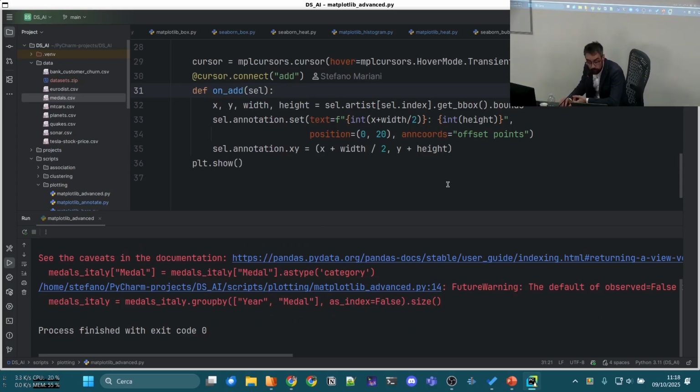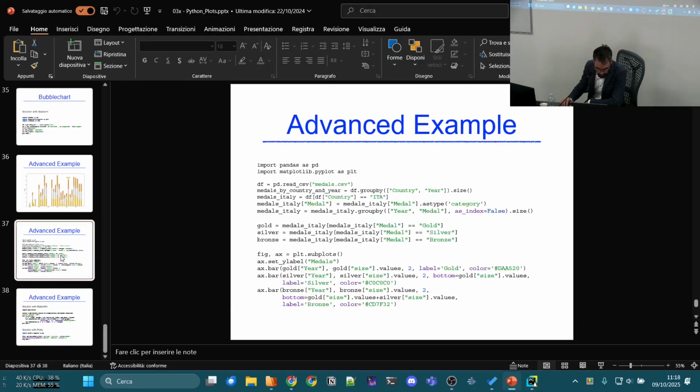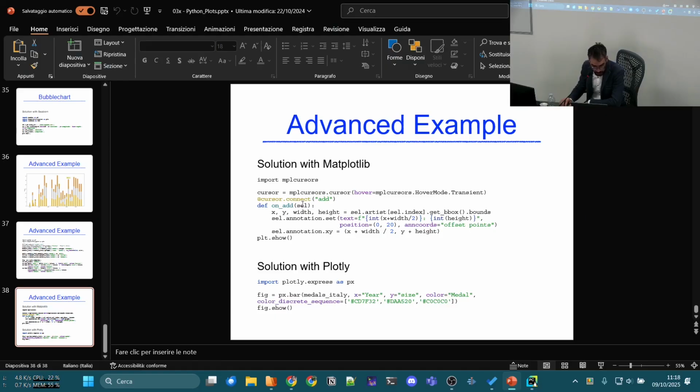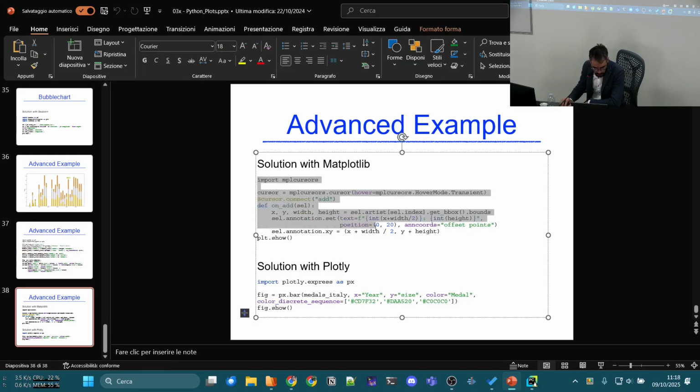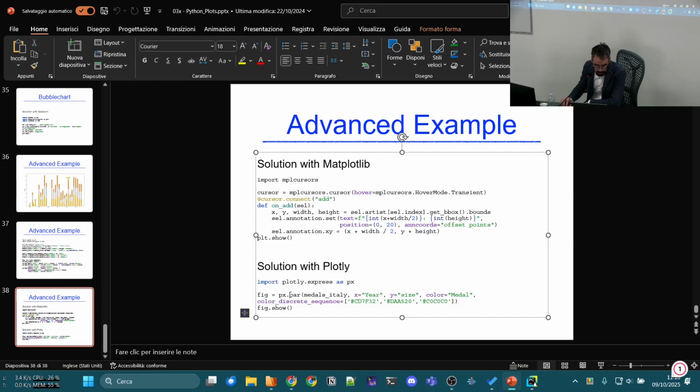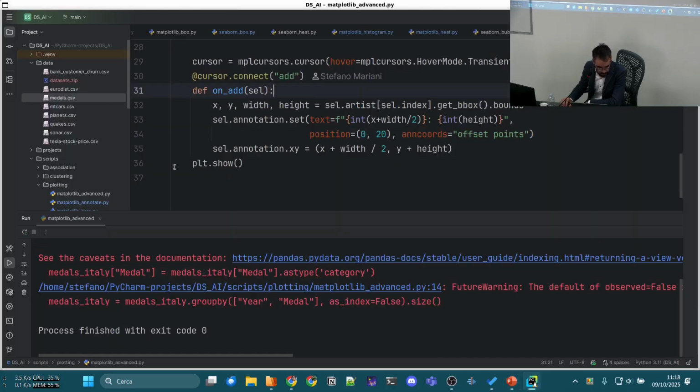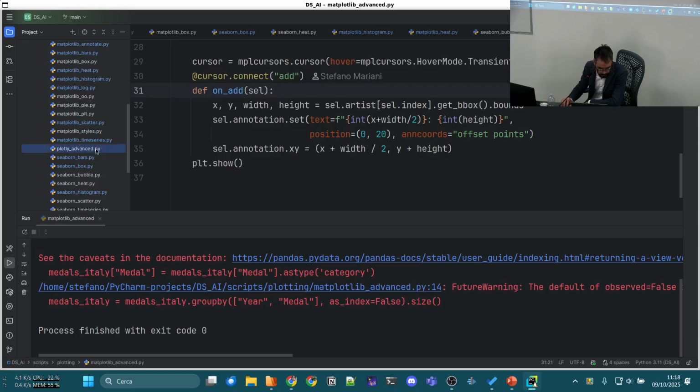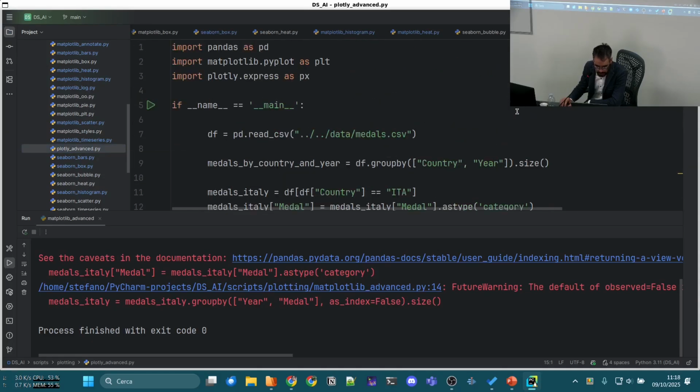You need to do a bit of work in matplotlib, and you have two choices. With the matplotlib library, you need to do all of this work. With plotly, you need to do less work. Let's see if I put the plotly example. Yes, is this one. So plotly, which is one of the libraries I mentioned in the slides for the interactive part